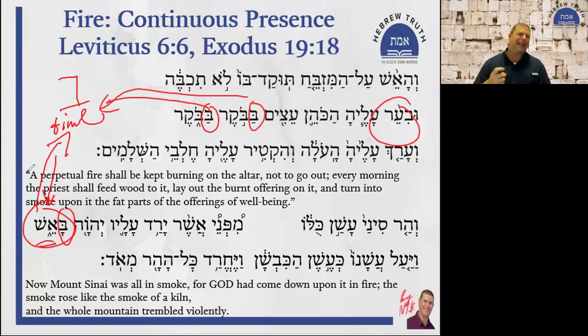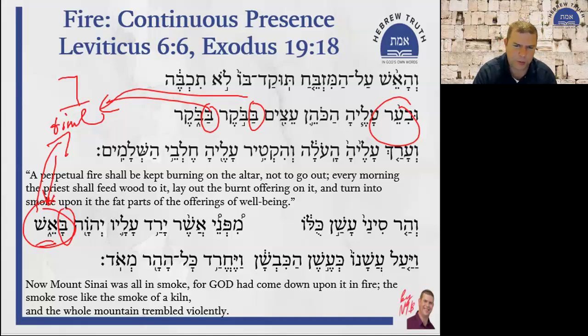So it's indicating the circumstances or the manner or the accompaniment of God's descent on Mount Sinai, in fire, with fire, accompanied by fire. So mipnei asher yarad alav Adonai ba'esh, explaining why the whole mountain was fire, and that fire continues from Mount Sinai to the tabernacle, later on to the temple, and so forth.